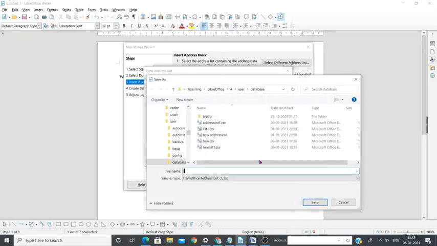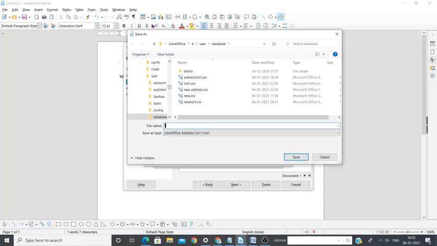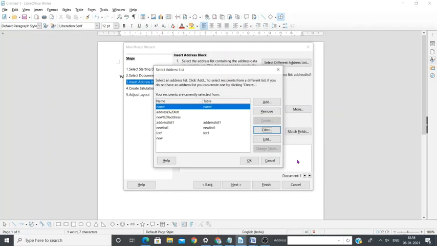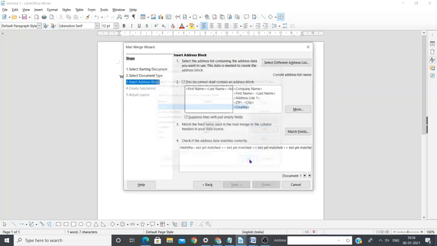Then click on the OK button. So it comes up with the Save As dialog box. In the Save As dialog box, you have to give a name for the file with a .csv format. The .csv is already there, you just give a name. I'll give the name as "name", because the list and everything is there. All right, so we have done. The name is here. Click on the OK button.